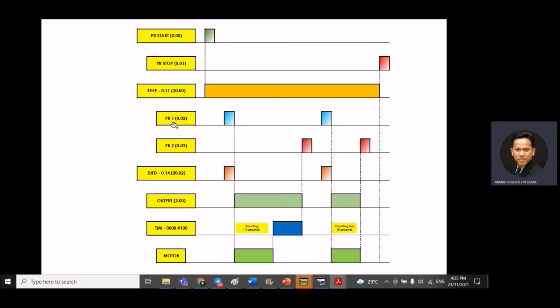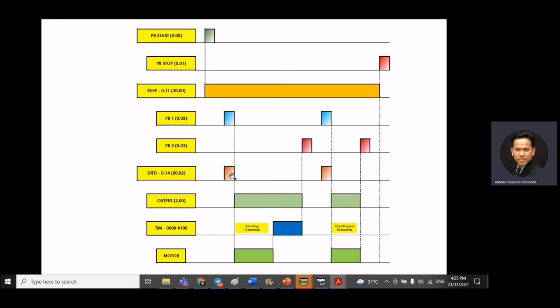Next, this is the DIFD or differentiate down instruction circuit, where it consists of normally open PB1, normally close PB2 as the emergency stop button, and also the DIFD or differentiate down instruction. DIFD is only activated once push button 1 is released.